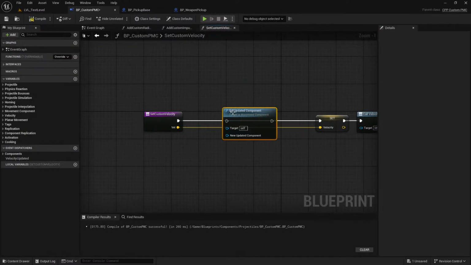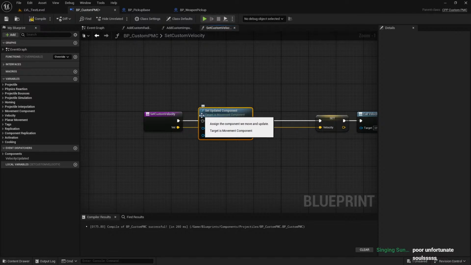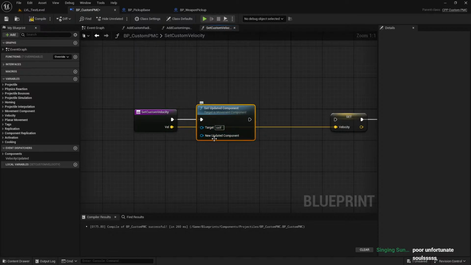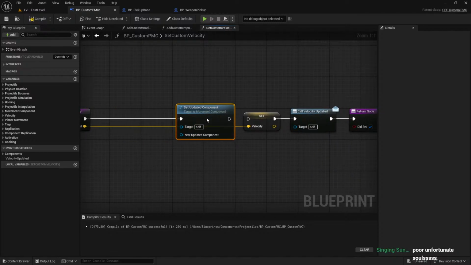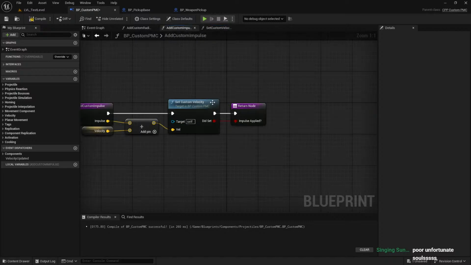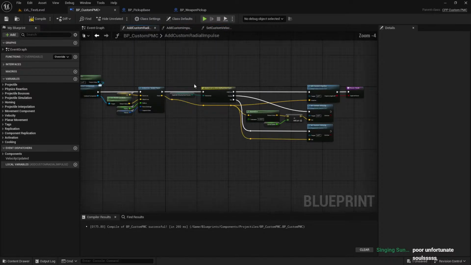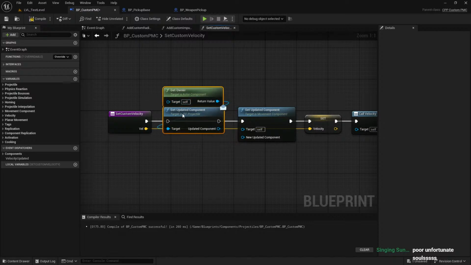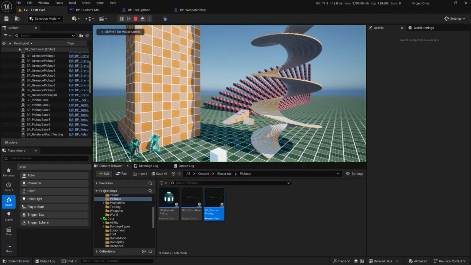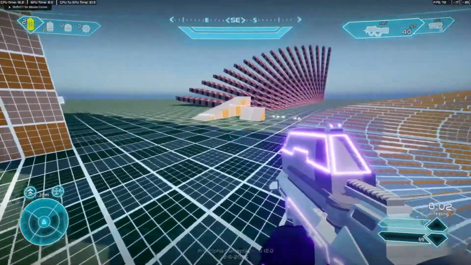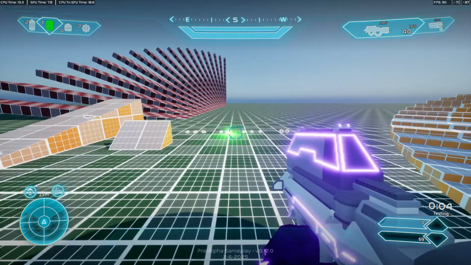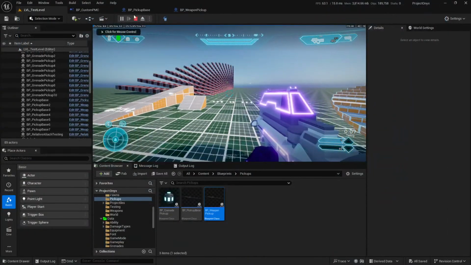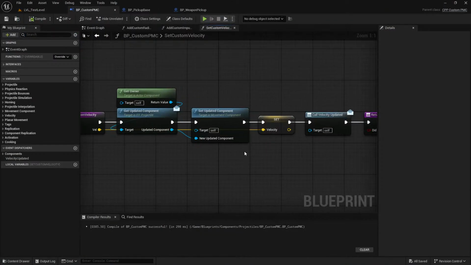Because Unreal, for some reason, stops updating the movement component when it comes to a full stop. So you gotta do this, and it's very, very stupid, and I don't understand why, and that's one of the things that I'm thinking I can fix in my code. And it's still not working. Woo! Alright, now